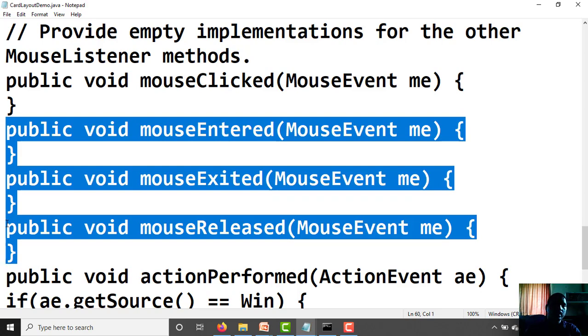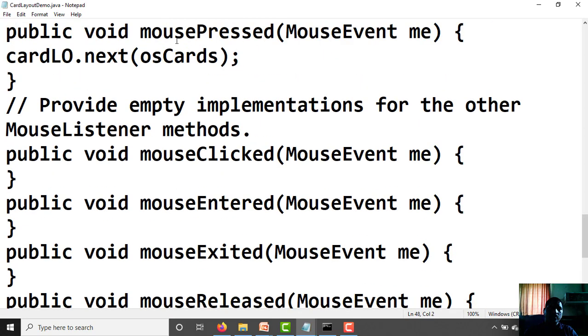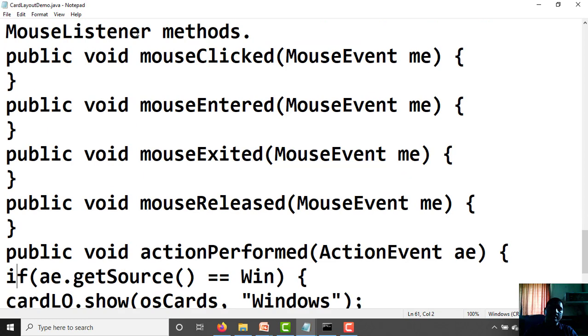Like this, we define the mouse events with empty implementations: clicked, entered, exited, released. Here we have handled only mousePressed. For that method we have written the code, and for the other methods we have written empty implementations.